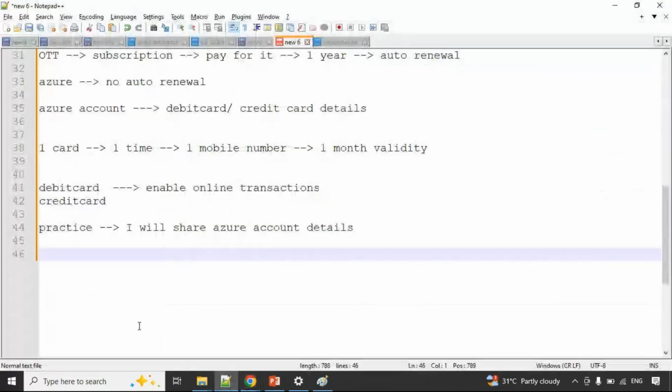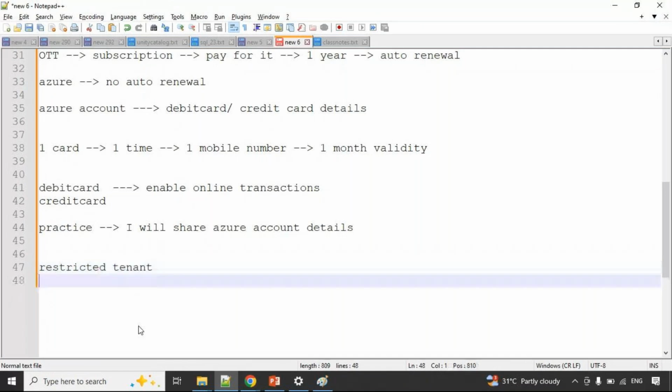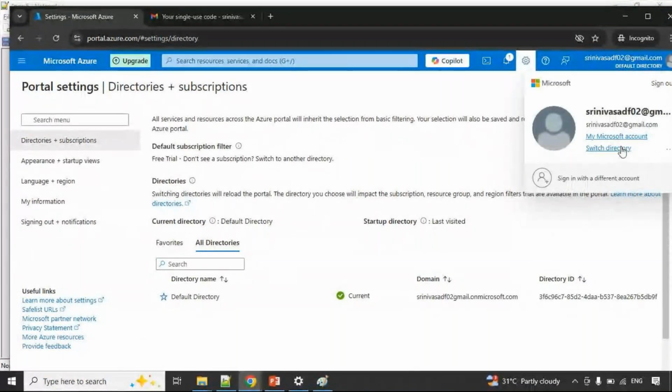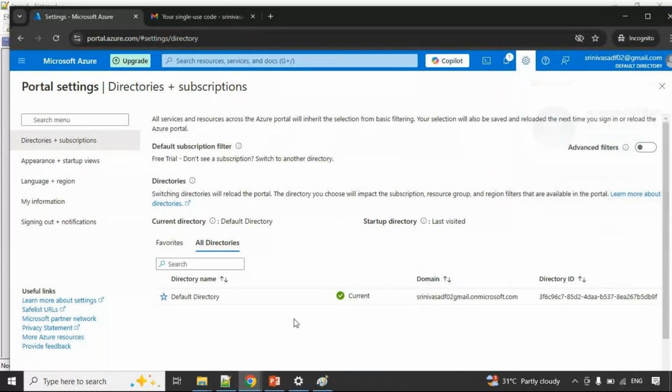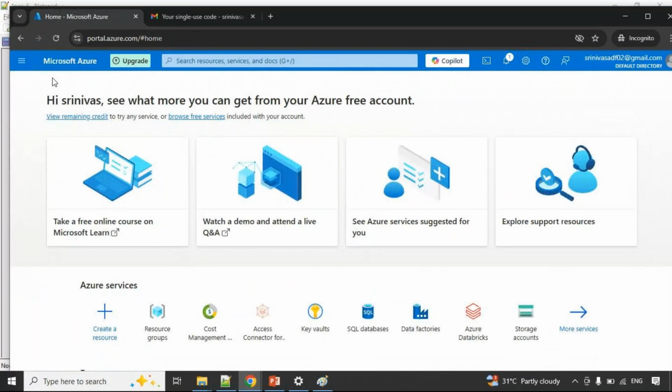First time when you log in, you can see a restricted tenant. So here you have to go to switch directory, and here you can select the default directory. Okay, right now it is in the default directory. When you click here, you can see that this is the home page of the Azure portal.